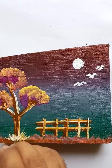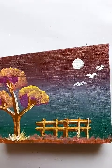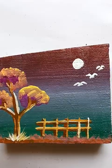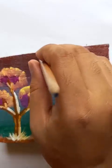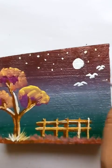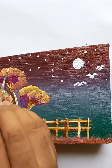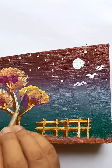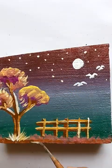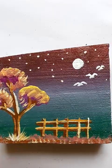All right, and still we have some time, so the simple drawing, very simple night life. If you like, you can just put some stars with the few dots in the sky, just putting the dots here which looks like the stars around the moon. Okay, and some bright color just putting on the periphery. Okay, and some color in the ground too. All right,